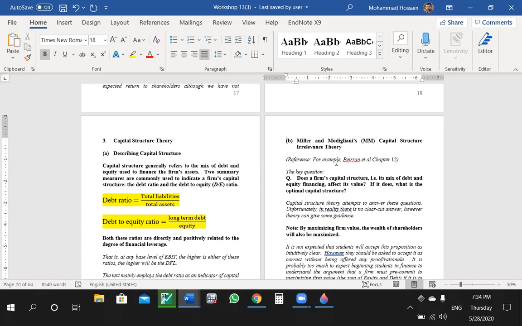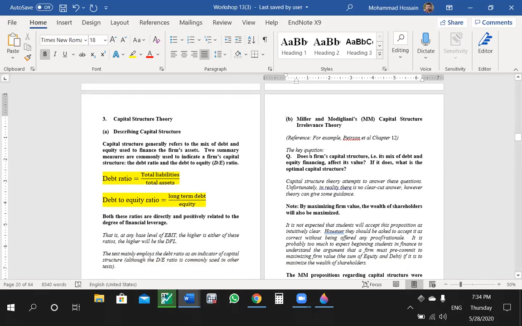All right. Okay, now let's move on. So this says here, Miller-Modigliani capital structure relevant theory. Remember, irrelevance theory. We did these things in the last class as well. Remember that he thinks that the dividend policy should not have any impact on the value of the company. That's what his point was. His point is that the dividend policy should not have any impact on the company's value.